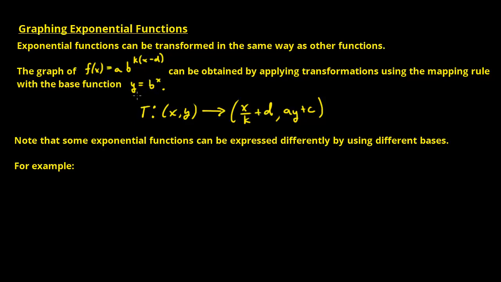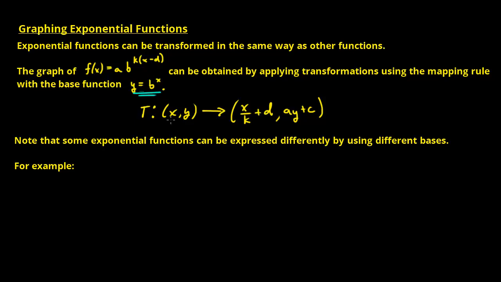Now, we looked at how to graph y is equal to b to the power of x in previous videos. We also looked at how the function differs if b is between 0 and 1 and if b is greater than 1. So using our base function, if we have the key points for y is equal to b to the power of x,